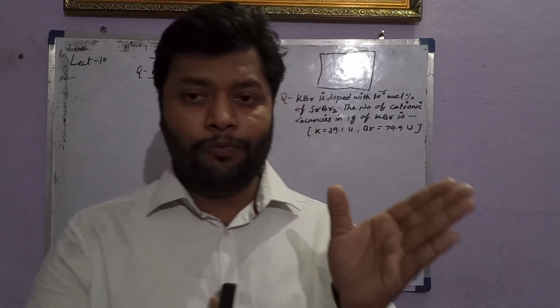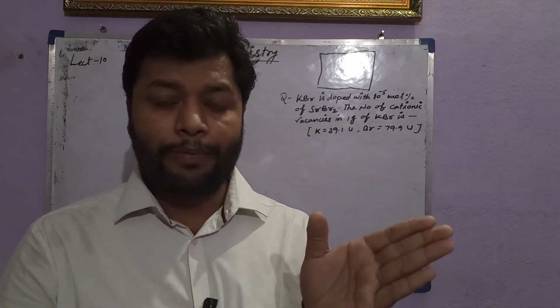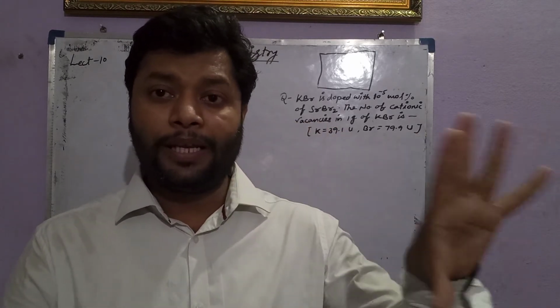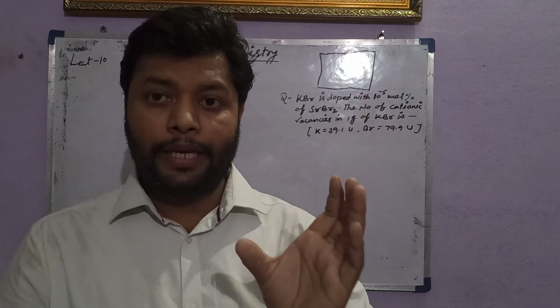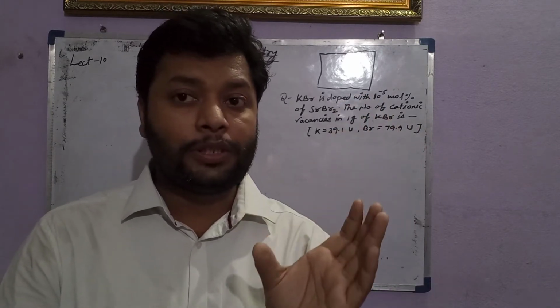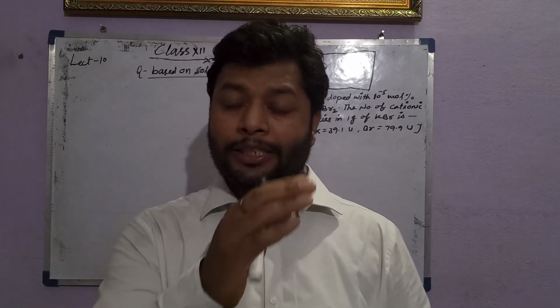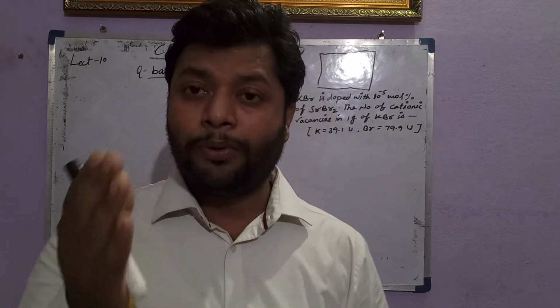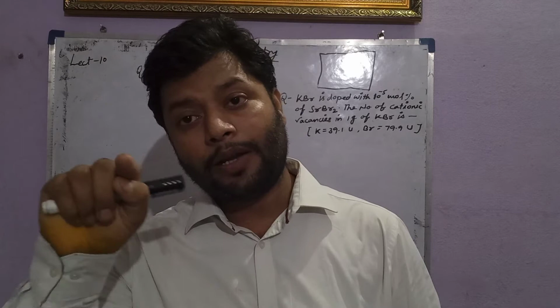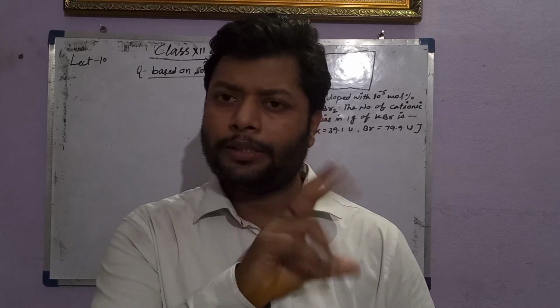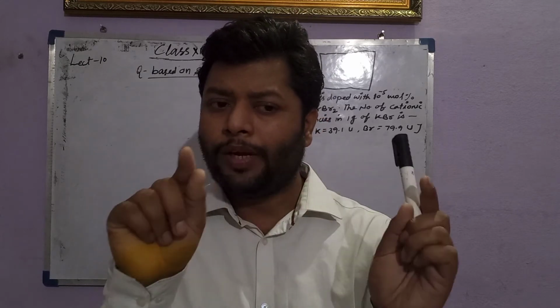If the cation is dislocated from the original position and takes an interstitial position, that is Frenkel. But if the cation is dislocated from the original position and an electron is also trapped in the interstitial position, that is called a non-stoichiometric metal excess defect. That is again the same thing, with only the difference of the electron.